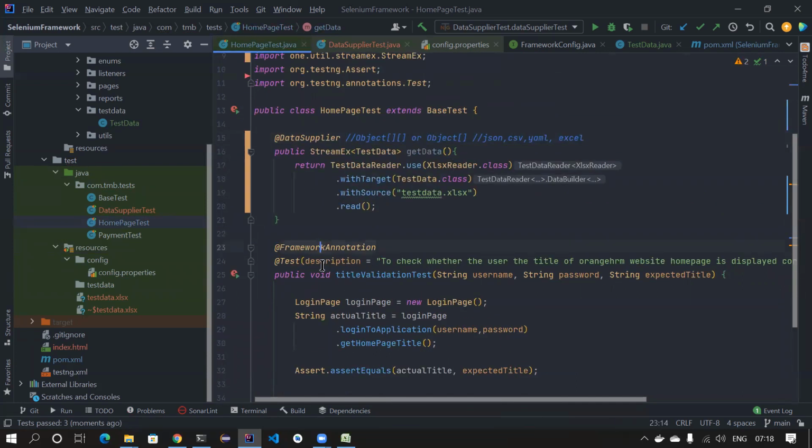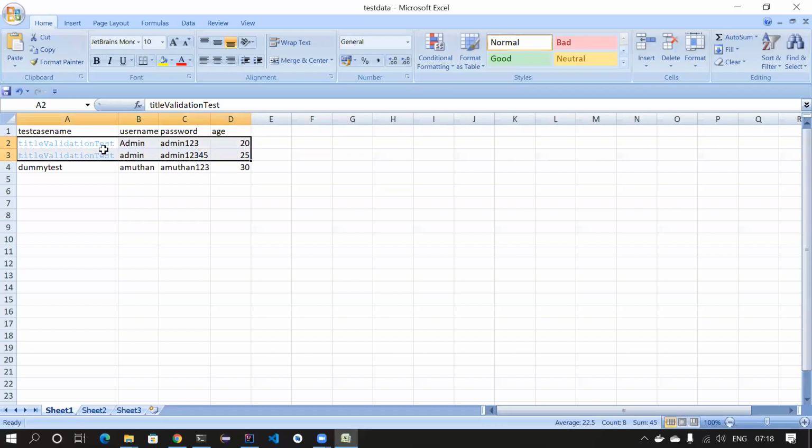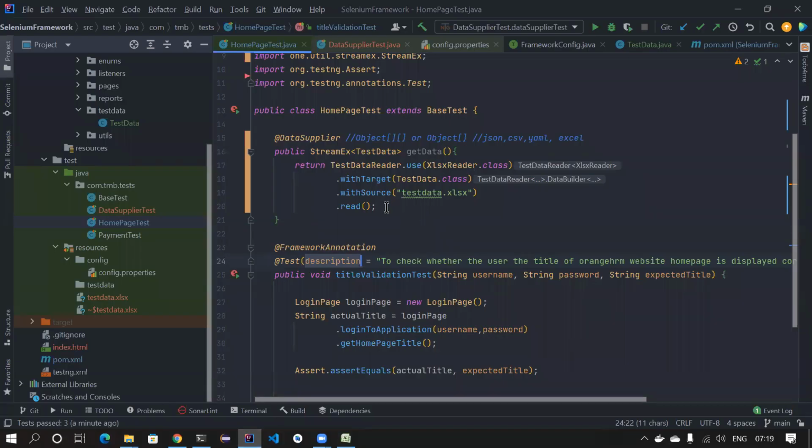Now this particular test that we want to run has to run 3 times. But our intention is to run this only 2 times, because this title validation test is basically having 2 sets of test data. So you should not run a test case with a different test data that is applicable for another test case. That is wrong. So it has to run only 2 times. So what can I do? Then I can simply say